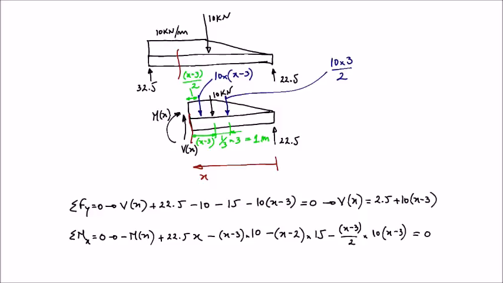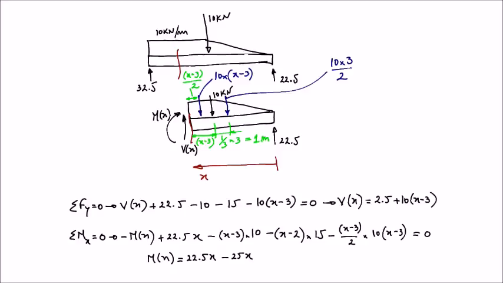And from this equation we obtain Mx is going to be equal to 22.5x, minus, so let's say we have 10x here, it's minus 25x,